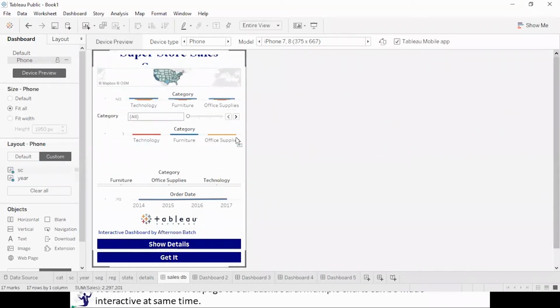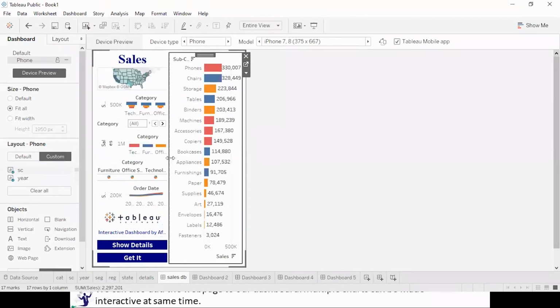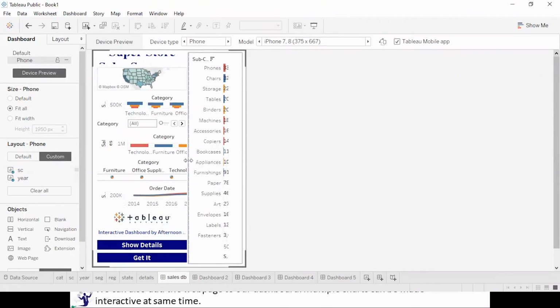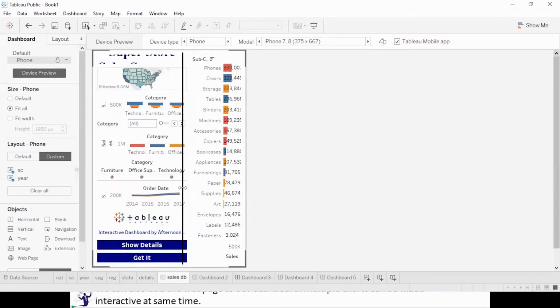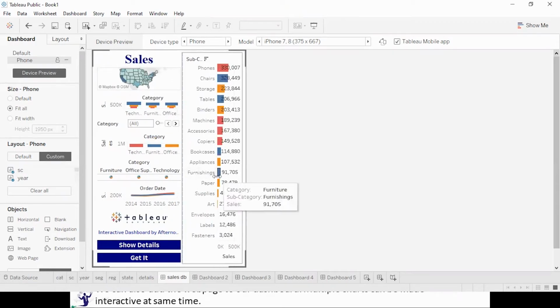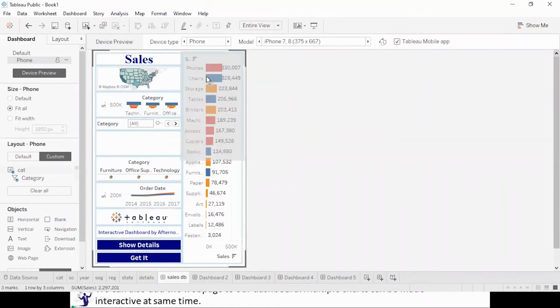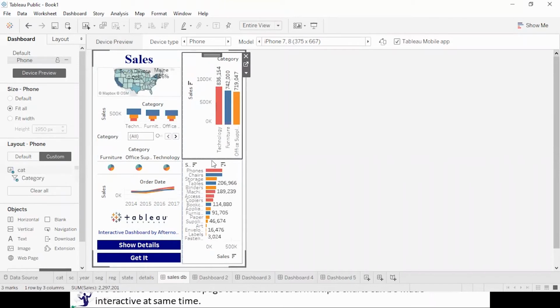So let's take this. Let me put it over here. Let me make it like this. Oh, it's very thin. Let me take this and I will put it onto the top.